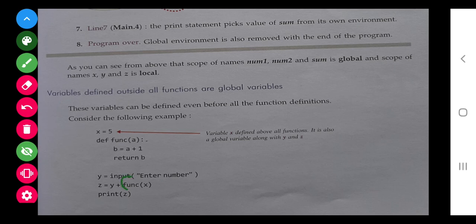अब इस फंक्शन x ने क्या किया, x को यहाँ से यहाँ पहुँचाया। x की वैल्यू कितनी है 5, 5 विल बी असाइन टू दिस a, और a की वैल्यू में इंक्रीमेंट हुआ, a b इज इक्वल्स टू a प्लस 1 और b को रिटर्न करा दिया, यानी 6 रिटर्न हो गया यहाँ पे। तो फाइनली y की वैल्यू जो भी एंटर होगी यूज़र के ज़रिए उसमें 6 ऐड हो जाएगा और प्रिंट हो जाएगा।